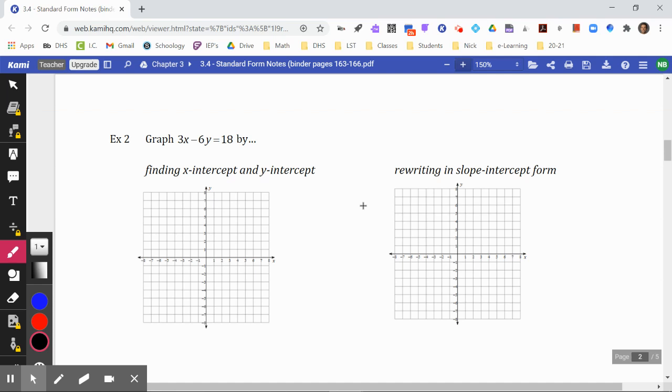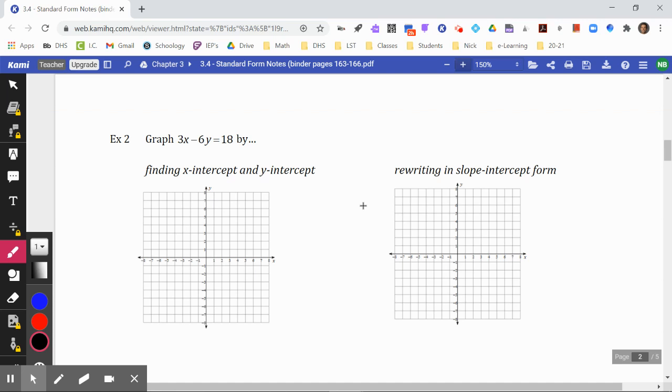All right, so here's our equation: 3x minus 6y is equal to 18, right? So this is definitely written in standard form, ax plus by is equal to c, right? My a value is positive. There's no fractions. So now I'm ready to find my x and y intercepts and then plot those points and